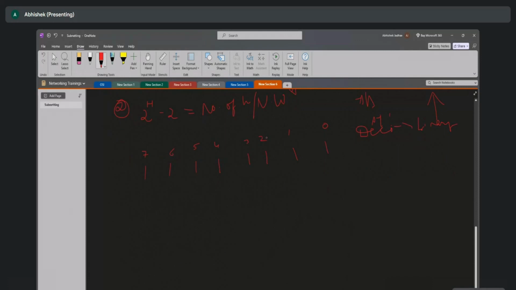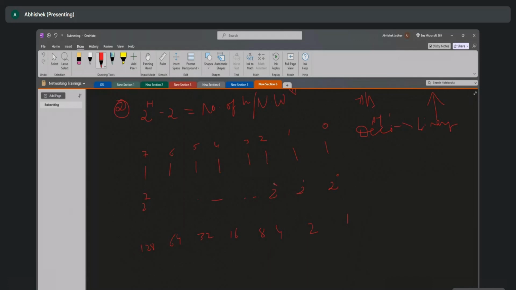So now what we do is, if you have to convert the decimals into binaries, you have 2 to the power of 0, 2 to the power of 1, 2 to the power of 2, and so forth until 2 to the power of 7. Right? So what's the value? 1, 2, 4, 8, 16, 32, 64 and 128. Right? So now when we have the notation created like this, it's really simple for us to understand